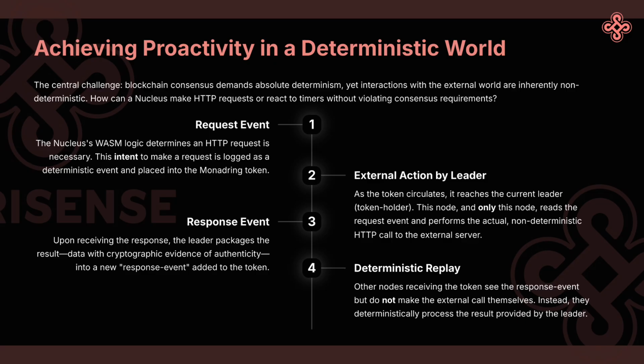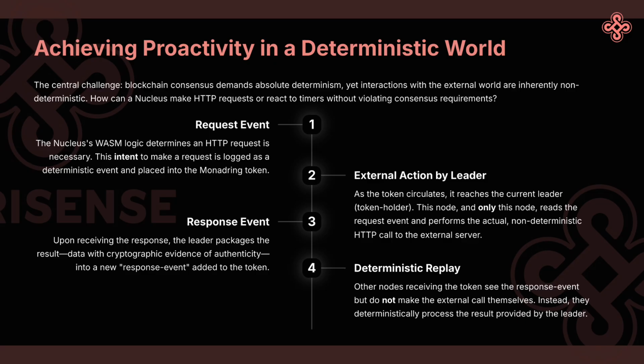Meanwhile, interactions with the external world are inherently non-deterministic. For instance, an HTTP API call might return different data at different times. Response times can fluctuate, and the internal clocks of different validator nodes are never perfectly synchronized. Therefore, the central question is how a nucleus can make an HTTP request or respond to a timer without breaching the deterministic requirement of consensus. Verisense addresses this challenge through an elegant two-step event mechanism that serializes non-determinism and safely integrates it into the consensus